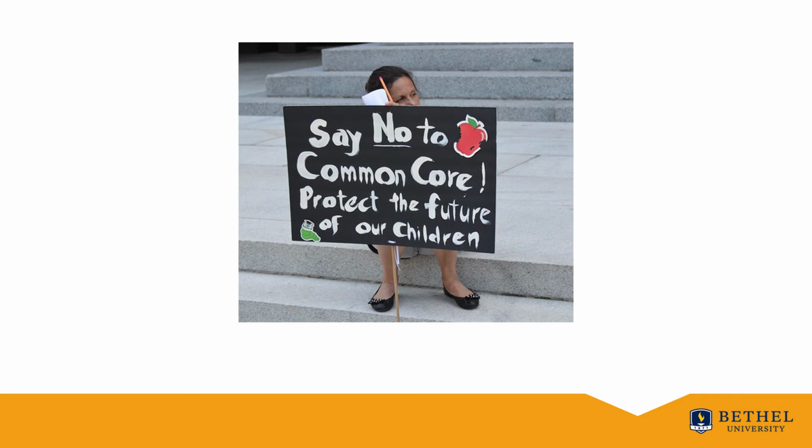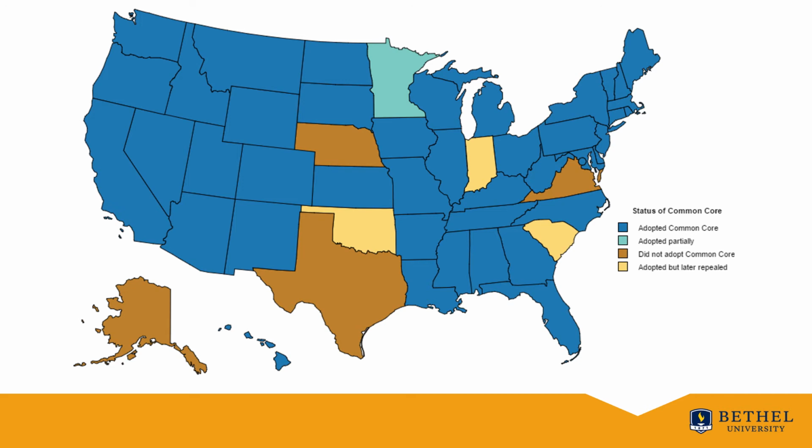You've probably heard of the controversy over the Common Core. There are people who believe it is an attempt by the federal government to control the state educational system. Some believe it is a national curriculum of sorts. Since education is a powerful thing, it's good that the public is concerned about what's being taught in our schools and the standards that point the way for curriculum and instruction. Over the years since 2002, many states have opted in and quite a few have opted out. Minnesota, as you can see, split the difference and accepted the English language arts standards from the Common Core and chose to go with their own standards for mathematics.